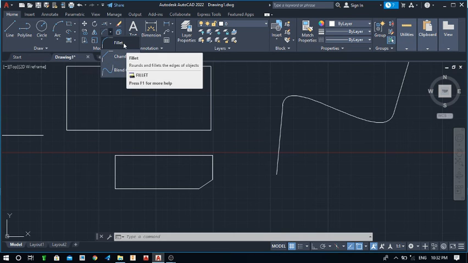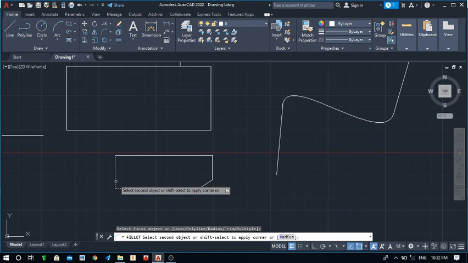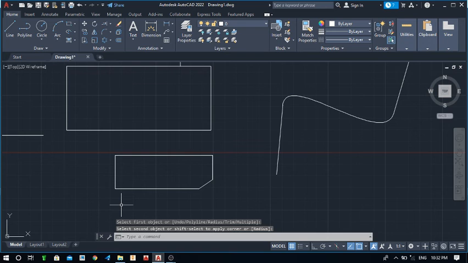And next we will see the fillet command. Click on the fillet command. It is asking to select the first object. So for this also we have to select the first line element and the second line element. Select second object. Okay, now we have selected but didn't mention the radius. So for the fillet command, the radius needs to be defined. Just go to this command and define any radius. Click on the radius and I would like 4 mm of radius, enter.